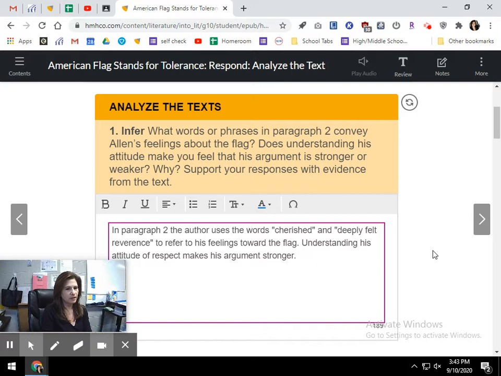Well, it lets us know that he's not just disparaging the flag and saying that it's not something that he cares about anyway, or that it's not important. So understanding his attitude of respect makes his argument stronger. And I'm just going to add to the sentence and say because. When it says why, we can say because if we've already started the sentence. Because the reader, remember we're using formal academic language here. You don't really have to refer to yourself. Because the reader